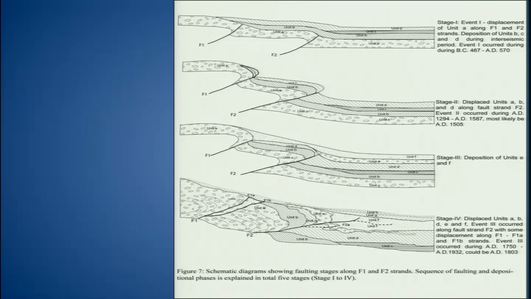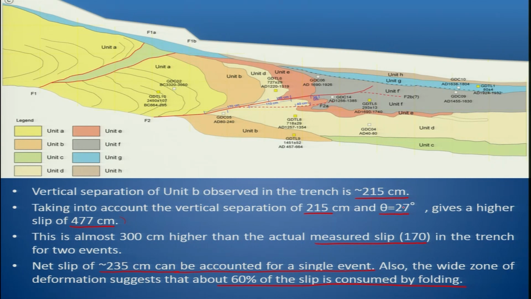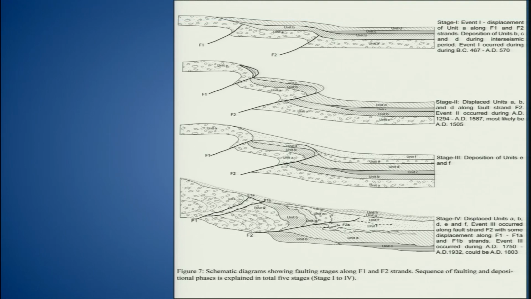So what we say is that event 1 took place, and displaced unit A along F1 and F2, and that was the event, and then that is the bracketing we have done. So it was between BC 467 and AD 570. Now considering all the parameters we have discussed, the cumulative displacement, the average angle of the fault, and the ages, you can reconstruct the